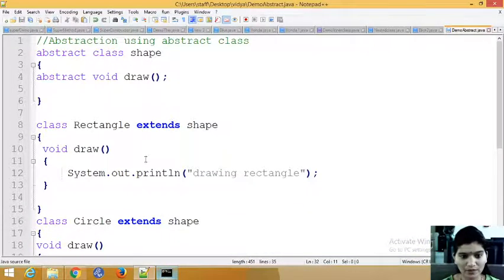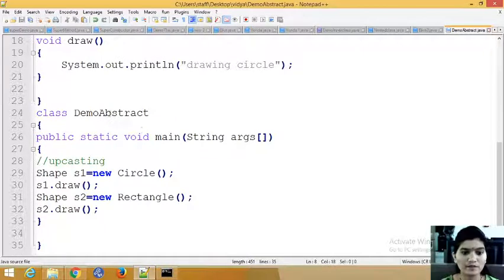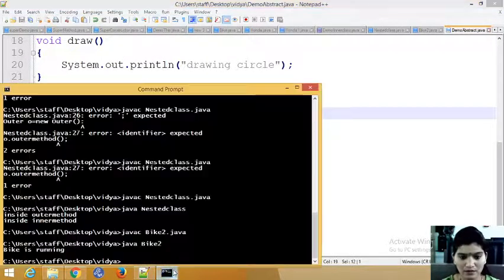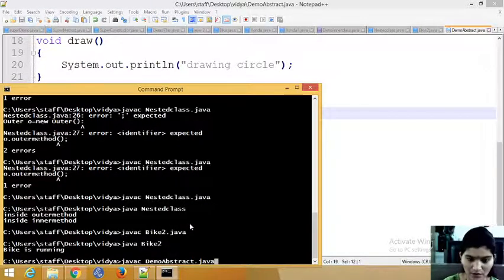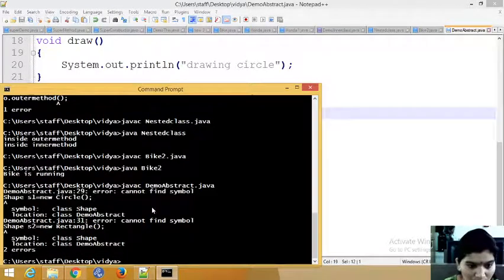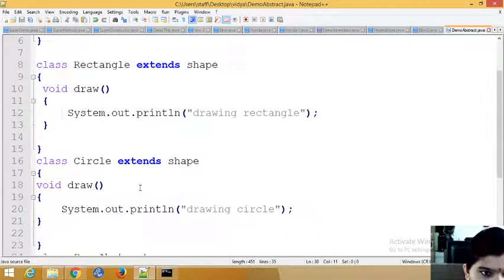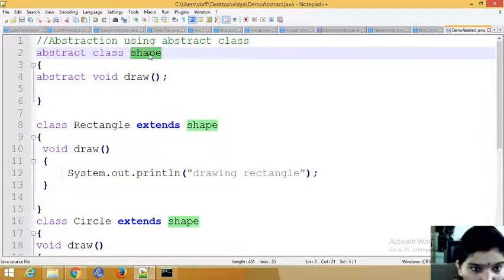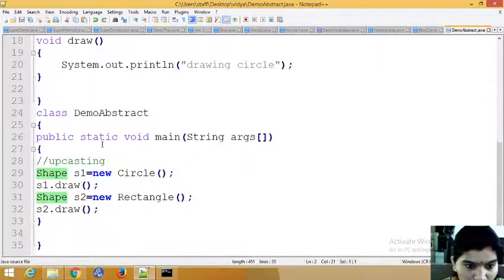So now run the program. So where is my main method? This is my class. Just paste the class name with the extension. So are there any errors? Shape, cannot find the symbol. A small shape is there, so I need to use that only.